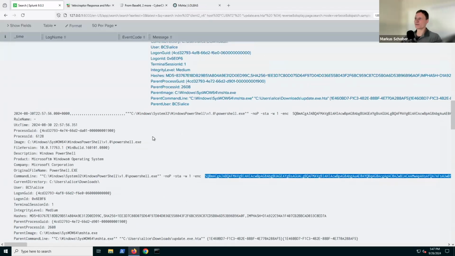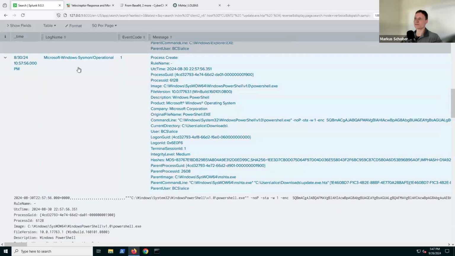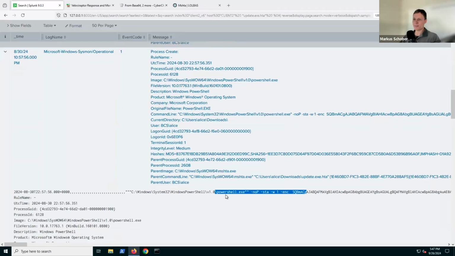Let me scroll up here a little bit. The one thing why this is an important event is that this basically started everything, right? It looks like this is the PowerShell process that is being used to connect to the server, to communicate with the attacker and to execute whatever the attacker wants to execute. So this is how stages typically work. Stages are something initially downloaded to facilitate the connection to establish a beacon, also called an agent, to connect to this malicious system. And when this has happened, this process usually stays in place in order to communicate